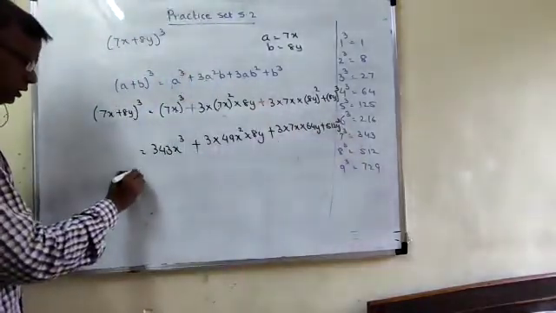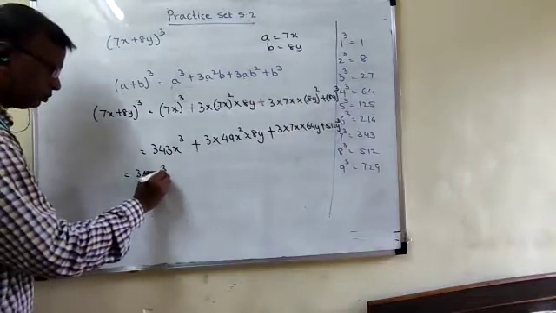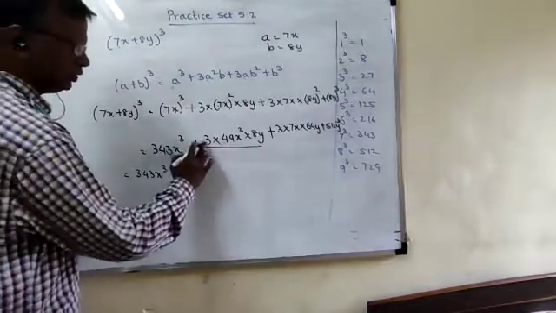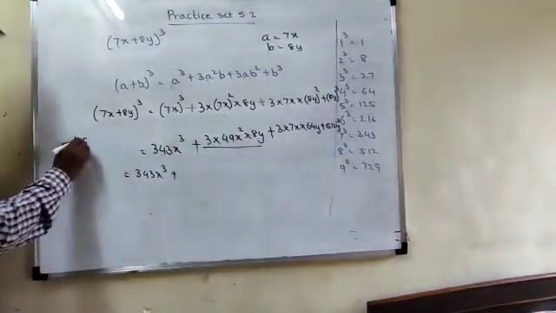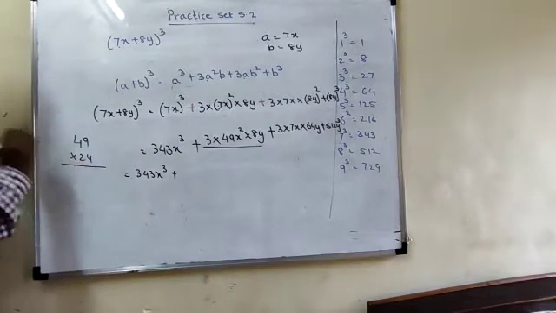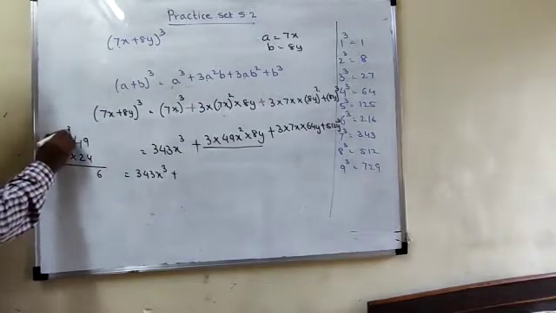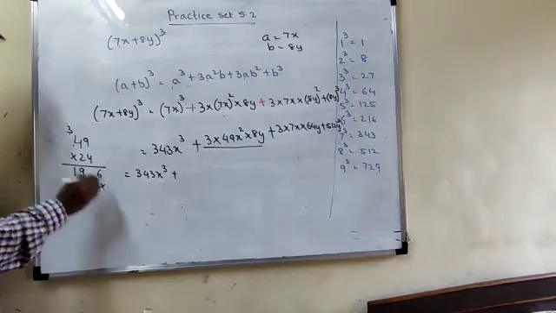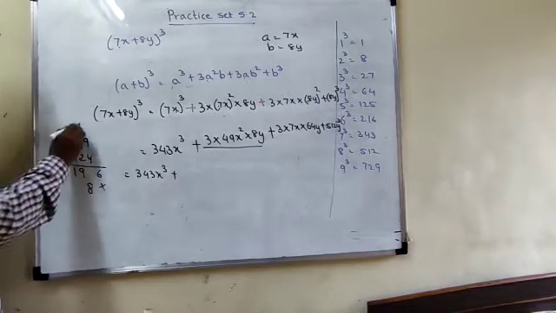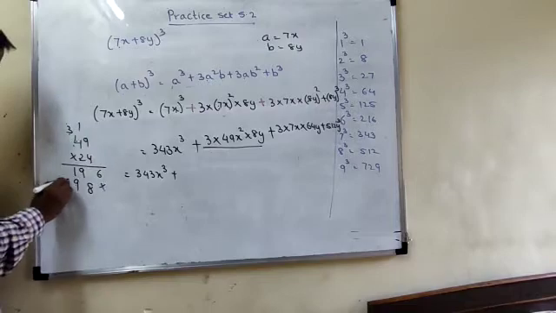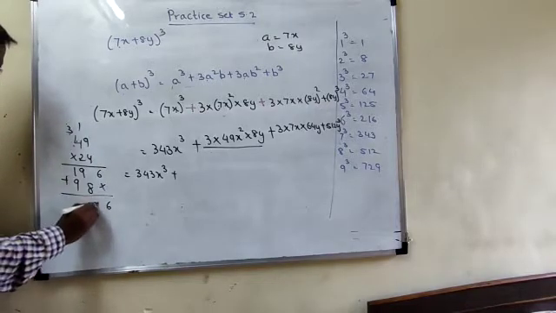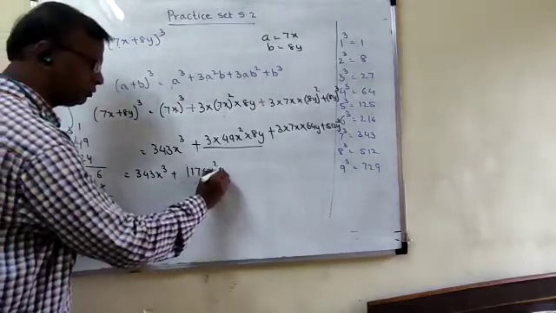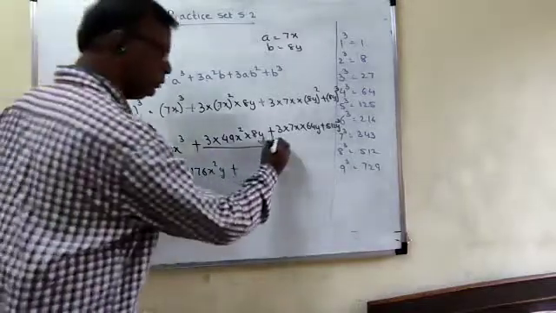Okay, that is 343x cube plus, multiply this whole term. How do we multiply? First I keep a 3. 3 8s are how much? 24. So 49 into 24. 4 9s are 36, 3 4 4s are 16, 17, 18, 19. Cross: 2 9s are 18, 2 4s are 8, 9. Added, that is 6, 17 and 11. That is 1176 x square y plus, same way multiply this term.